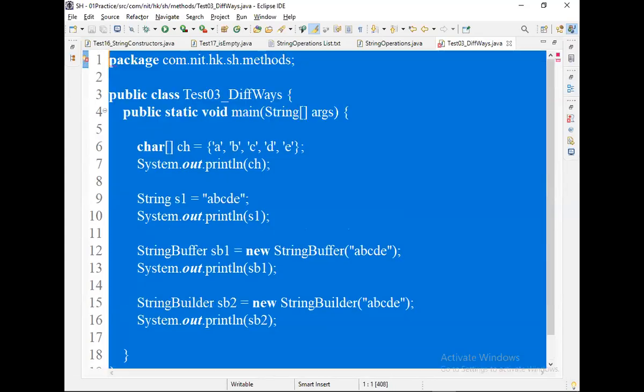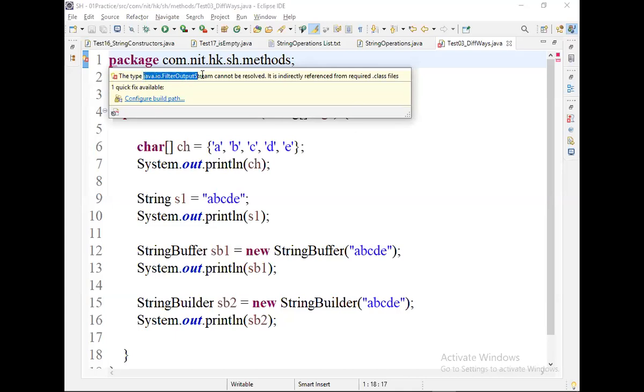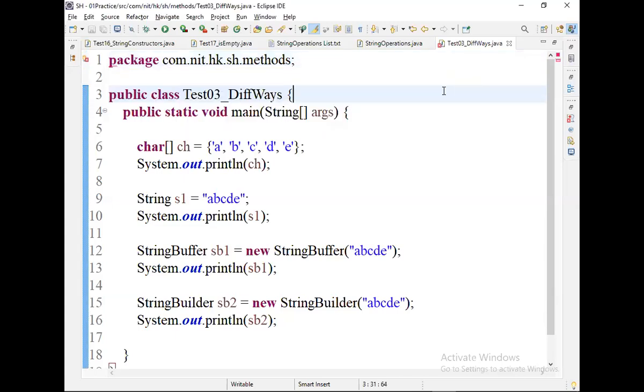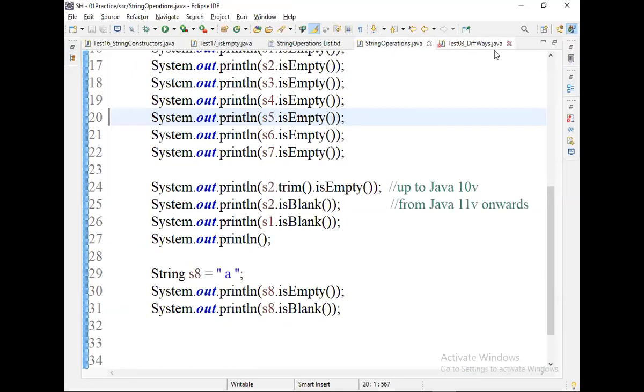So where is it? Where do I use FilterOutputStream? Okay, I'll see that later.